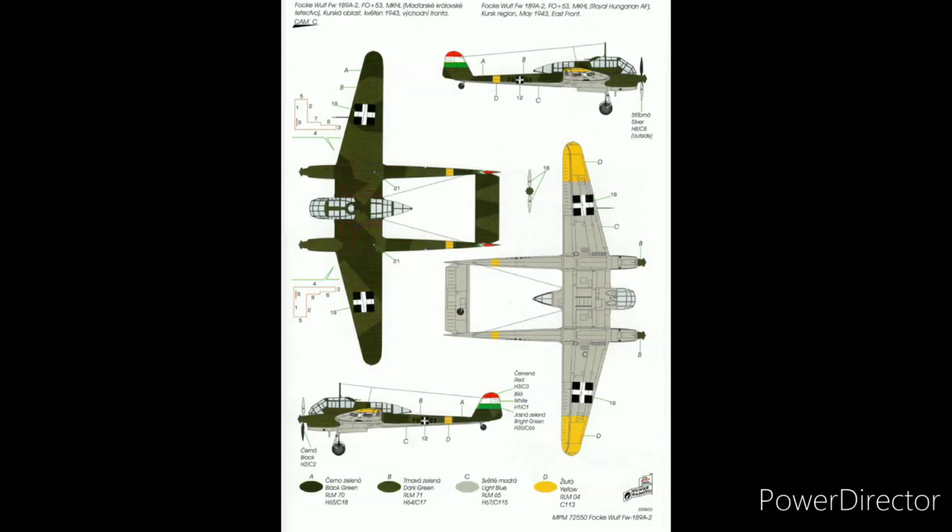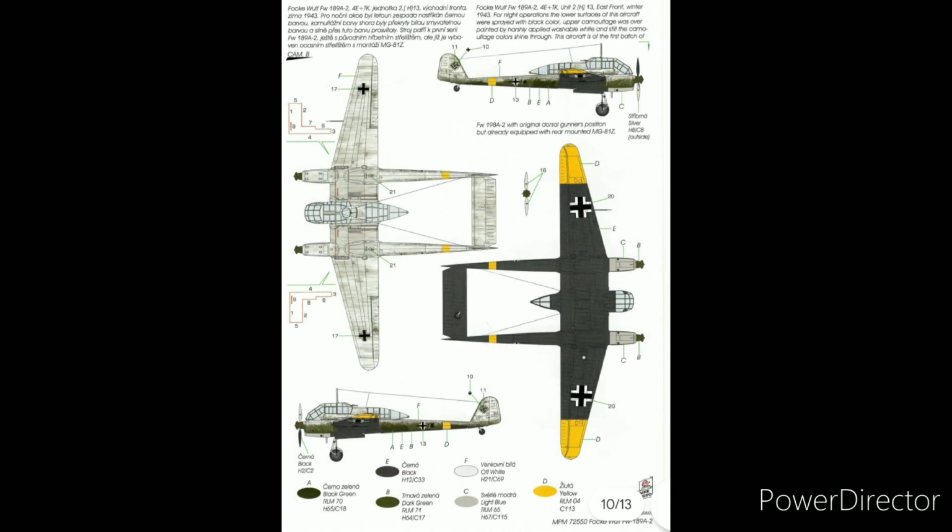So here's the paint guides for the MPM ones. So first off we start with the Hungarian one. So to have a Hungarian option as well. Then we jump onto the German one that's in snow camouflage. This one's interesting. This is the one I actually did for the Airfix one. And what I did is you had to put the